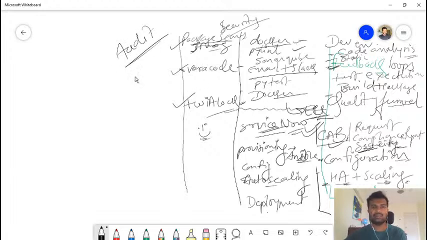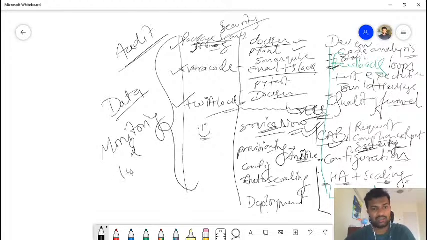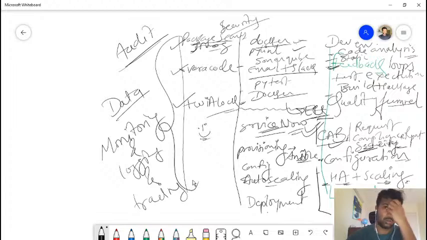Okay, so to generate an audit, I need to have data. Where is the data going to come from? For all these things that are running in the system, you need to cover them with monitoring and logging and tracing. Well, there are three aspects to observability. If you are wanting to do a complete audit of your system, there are three items, not just monitoring.